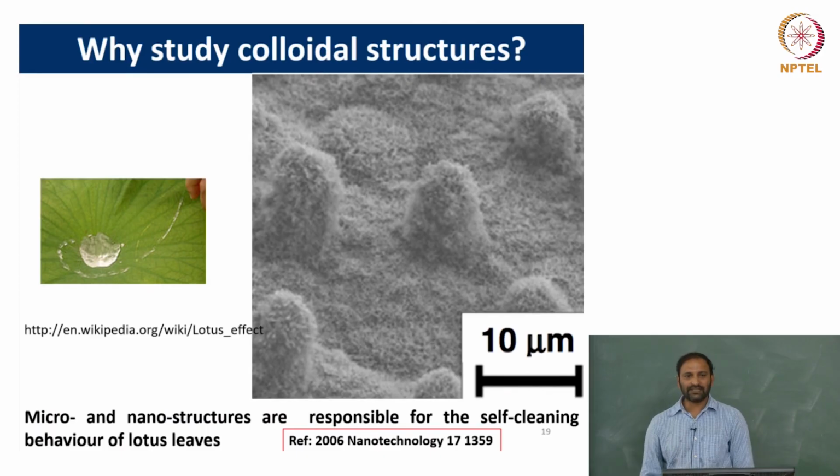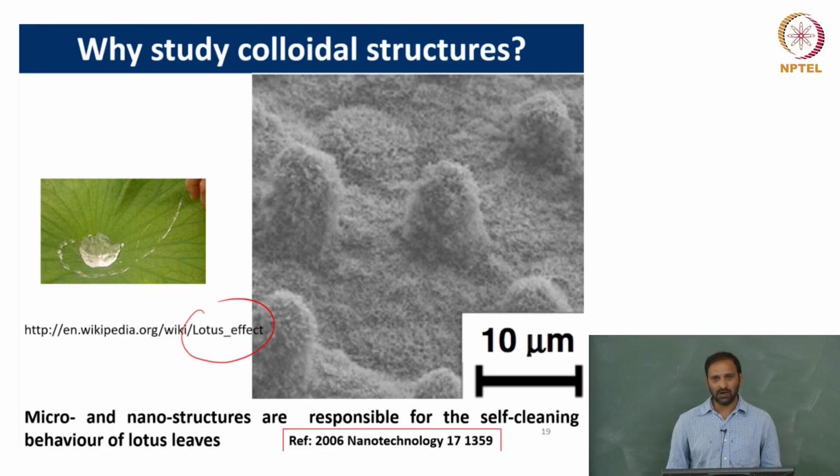Now, this is another common example that everybody gives, right? There's something called the lotus leaf effect. That means a lotus leaf is an example of a self-cleaning surface, right? The moment water drops fall on a lotus leaf, they just roll down, and in that process, they take whatever dirt is there on the lotus leaf and carry it. And it turns out that this lotus leaf effect